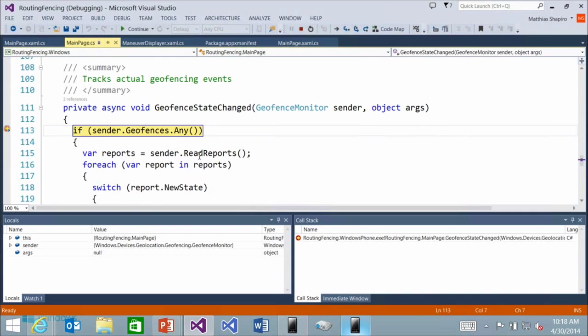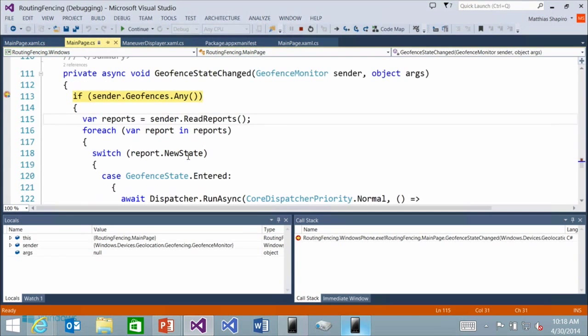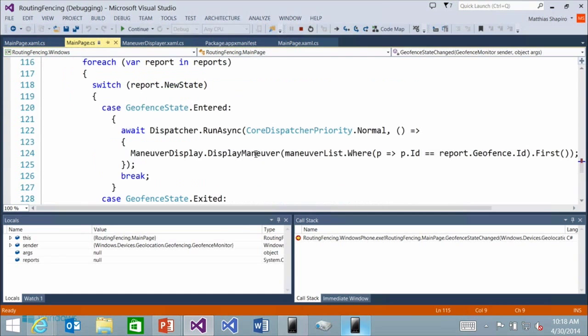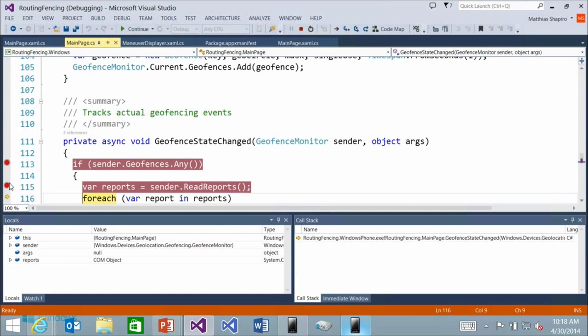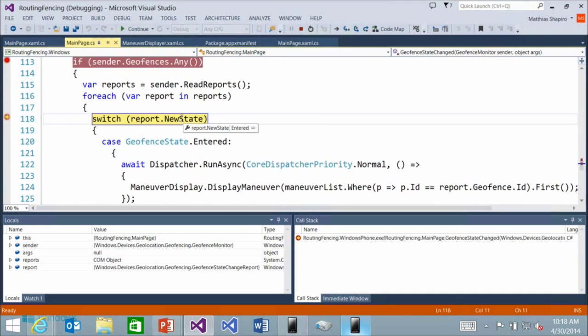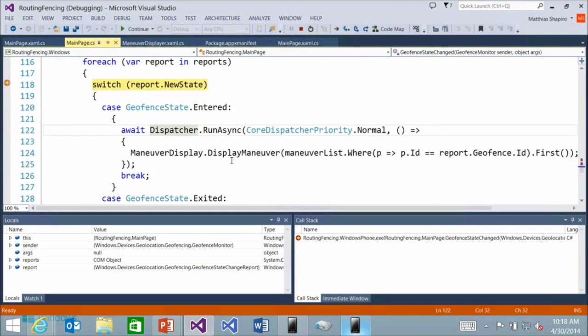Okay, so it looks like we've hit a geofence. What do we do about it? Well, first we want to read the report from that geofence, and inside that report, we're looking for the new state. Have we entered it? Have we exited it? Do one thing if we entered it, another thing if we exited it. In this case, we're going to show some display maneuver.